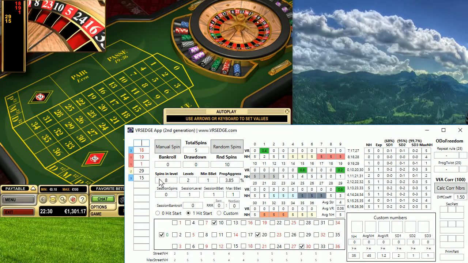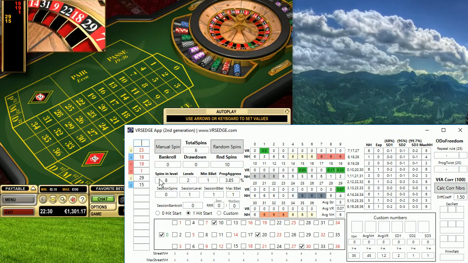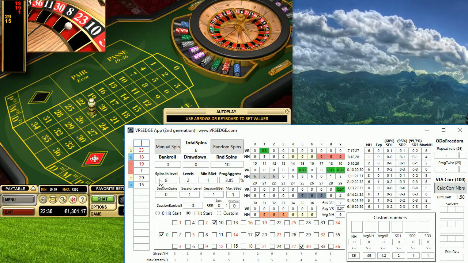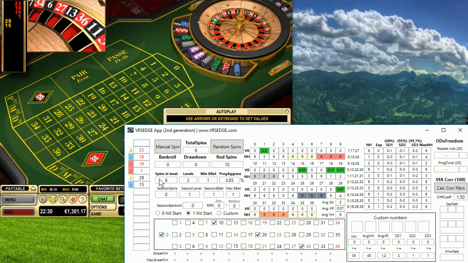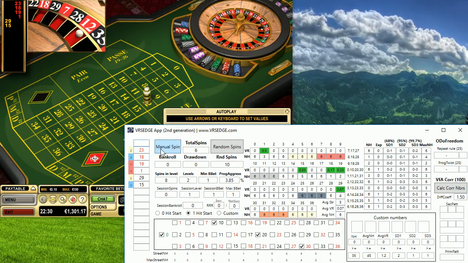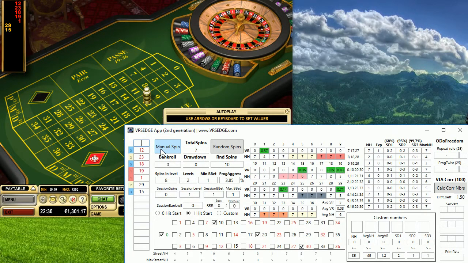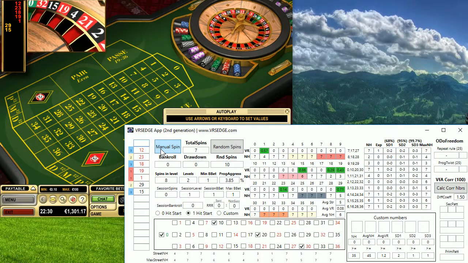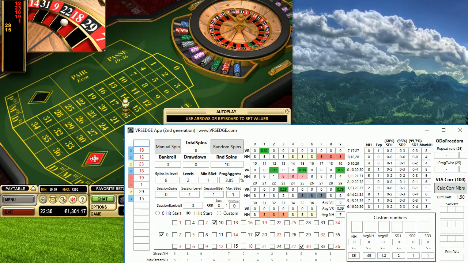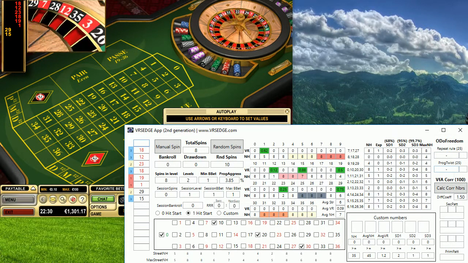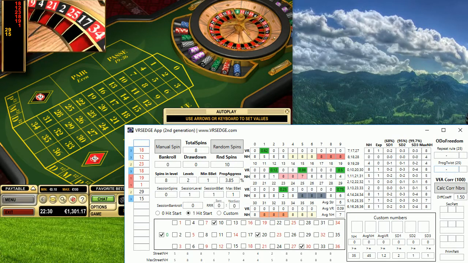So as I said, this is a live session. I don't know the numbers and outcomes. I'm recording it for you, so you can see my style, how I play, and you can copy my style if you like. I'm using the VRSEDGE app, which is my own analytical and statistical app. It is a great help to analyze the outcomes and prepare strategies and systems based on that. As I said, this 1 degree of freedom rule will become active once I reach a minimum of 25 numbers,